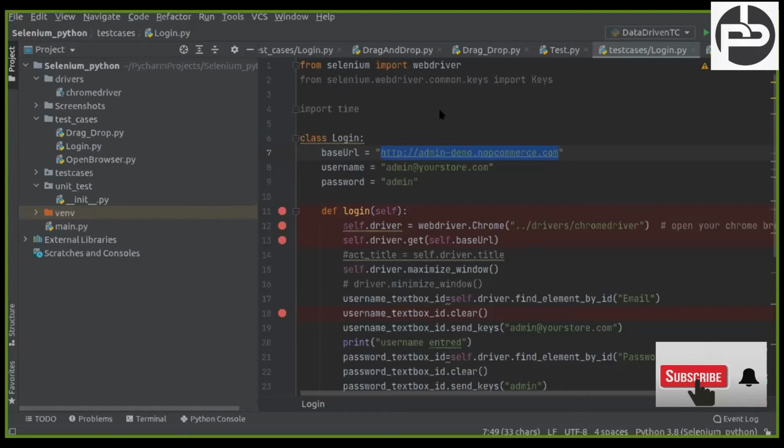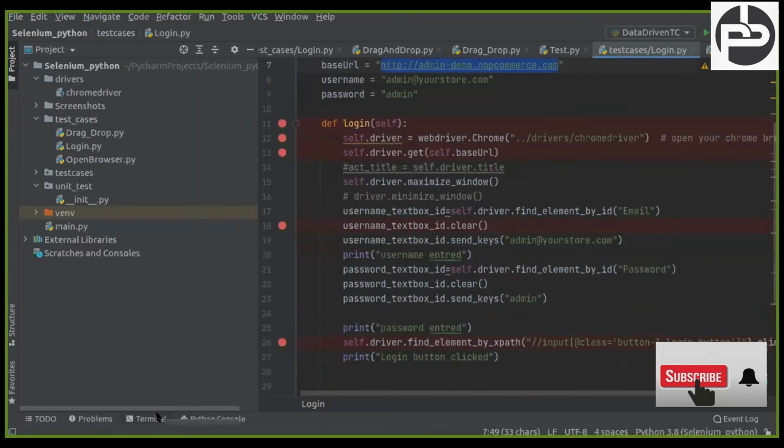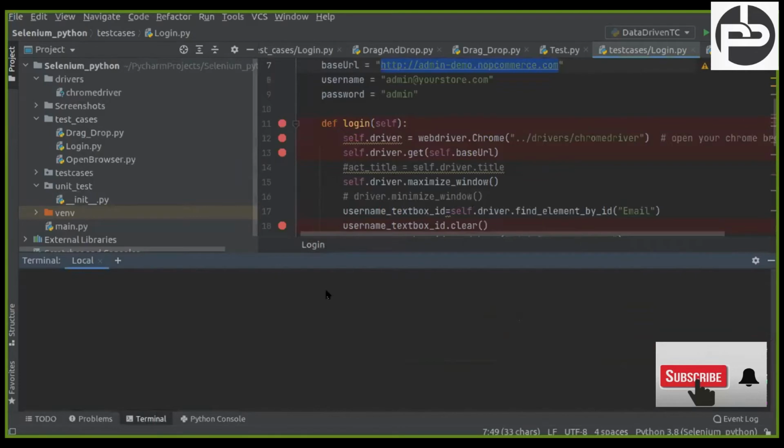Another way, if you don't want to install in this way, is to go to your terminal and try pip install openpyxl. This will also work. openpyxl is the pip package. You can hit enter and it will get installed. If you are trying along with me, do it, otherwise you can do it later. So this is one way.